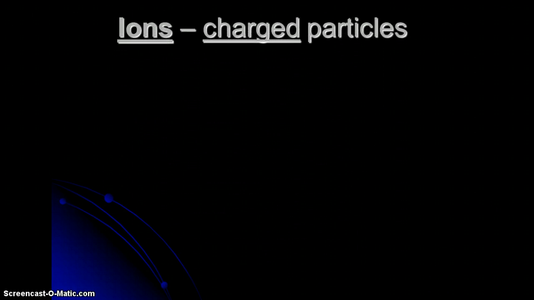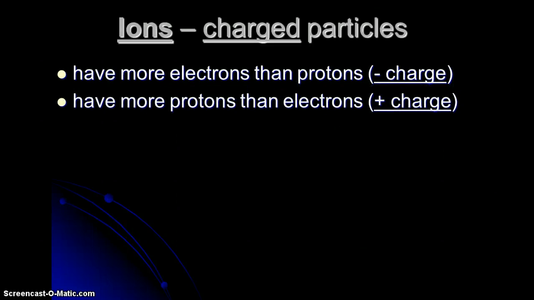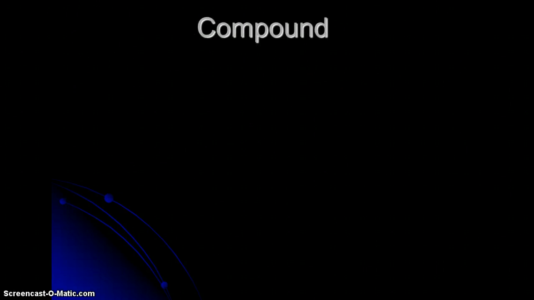Then we talked about ions, which are charged particles. If they have more electrons than protons, then they're a negative charge. If they have more protons than electrons, they're a positive charge. And we used the little saying, keep your eye on those electrons, so that you knew that it was electrons we were changing to make a charged particle, because if you change the number of protons, then you're changing the